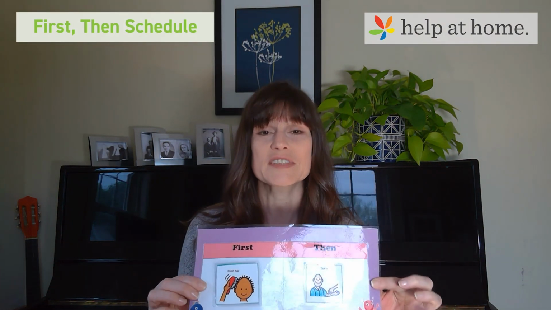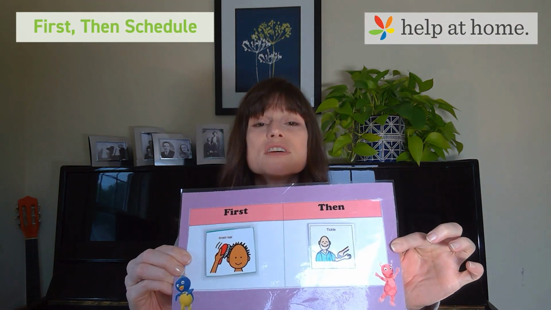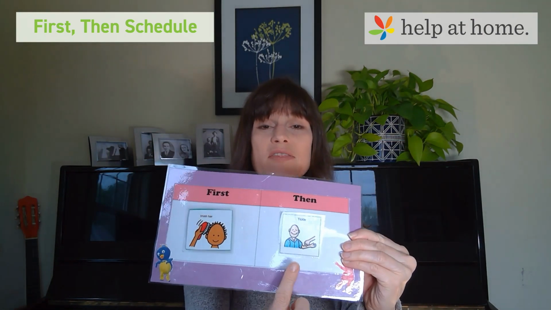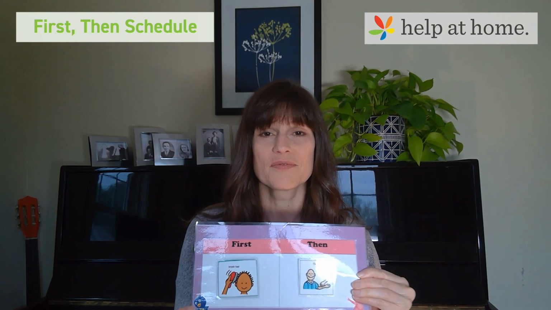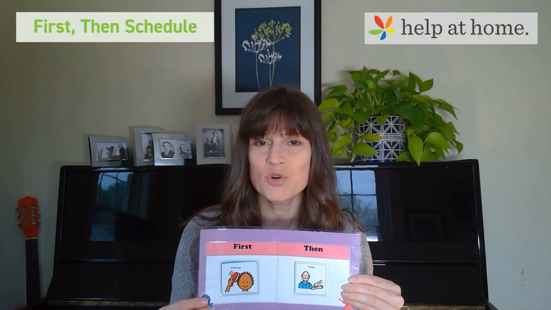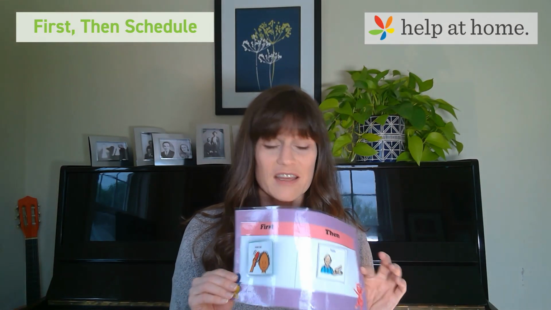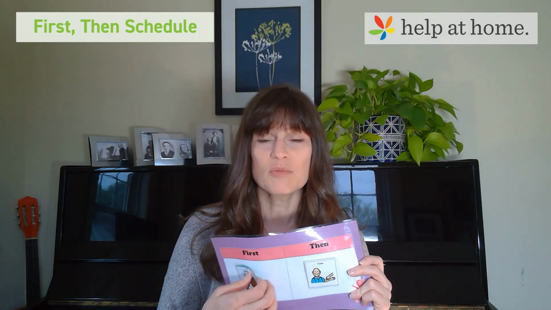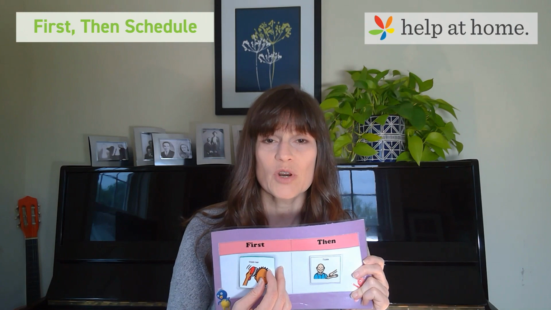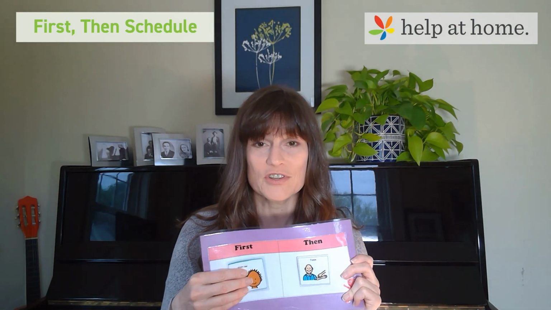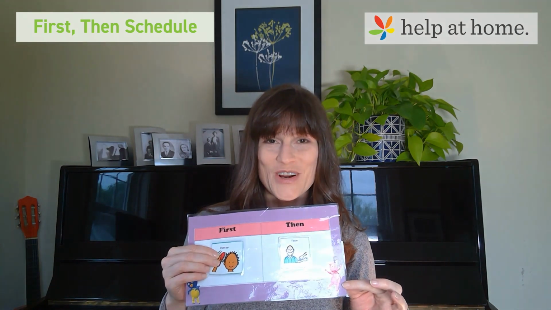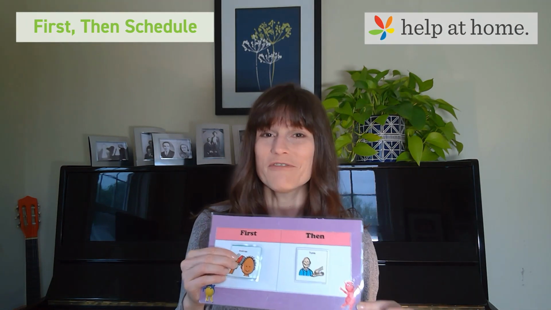So I'm going to show you a couple of examples here. This is just a way to communicate visually that you're going to ask them to do one thing and then your child's going to get a reinforcer. So you can make a first then board out of just about anything. We've used construction paper here that's been laminated. There's a couple pieces of Velcro here, so you can put on different activities and different reinforcers, and often you can see that there are things decorating the board